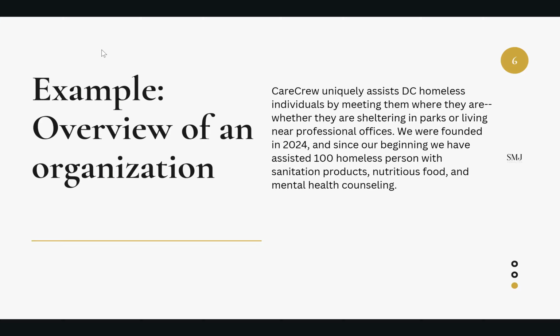Care Crew uniquely assists DC homeless individuals by meeting them whether they are sheltering in parks or living near professional offices. We were founded in 2024, and since our beginning, we have assisted 100 homeless persons with sanitation products, nutritious food, and mental health counseling. So this is a good overview because